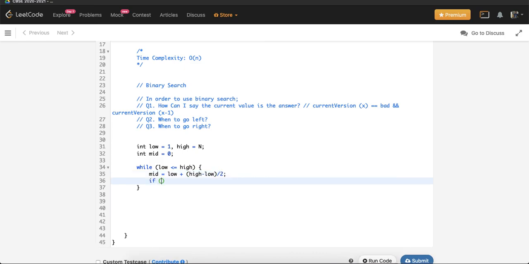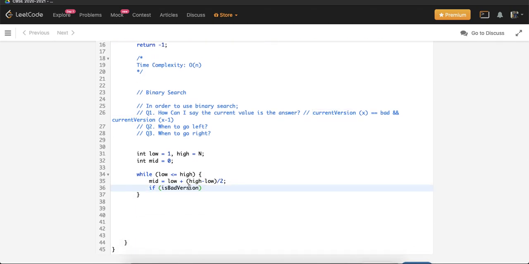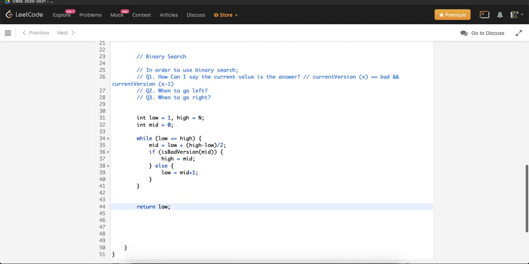Then if current version, sorry, this is isBadVersion. If the current version is bad, then obviously there is a possibility the answer can be on the left side of me. So what I am going to do is high is equal to mid, else low is equal to mid plus 1, and in the end return low.